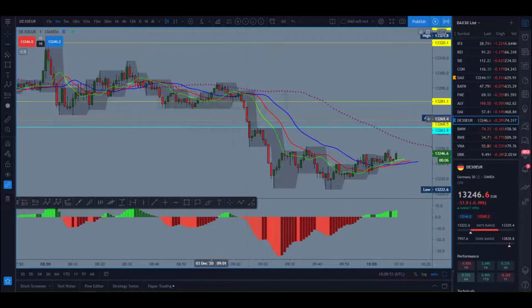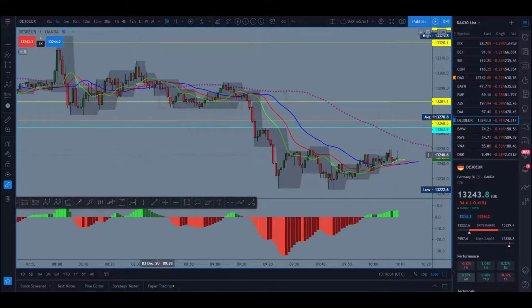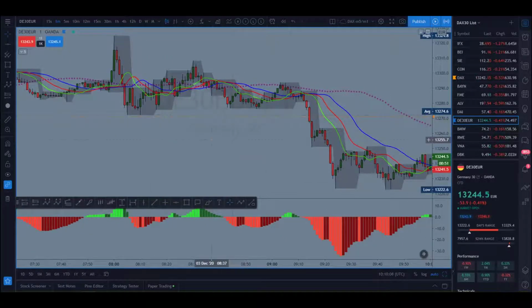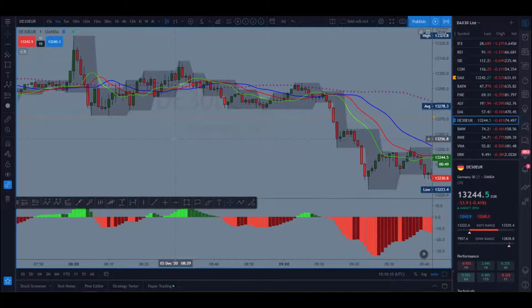Price breaks the low, yesterday's US session low, or these lows. It breaks that low and pulls back to this level, creates a perfect entry. But you don't need to necessarily have these levels. So if we have all these levels removed and we just look at the AIMS levels,